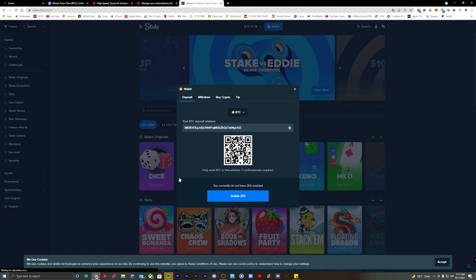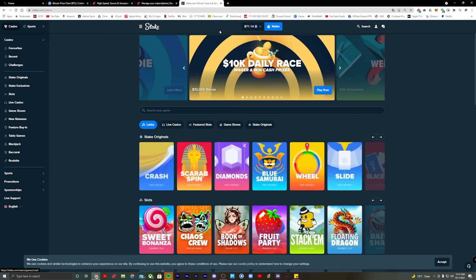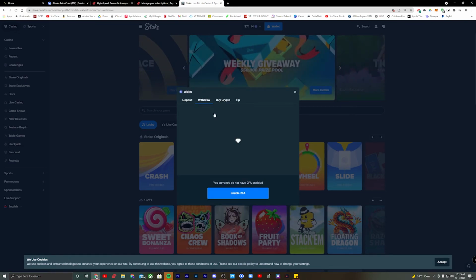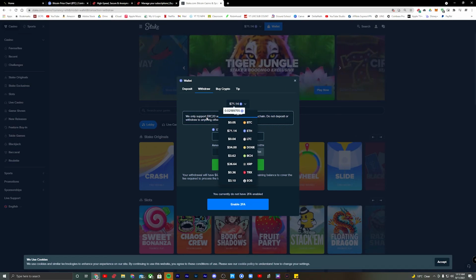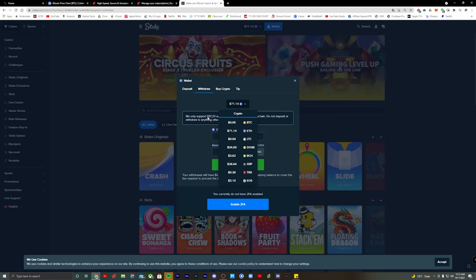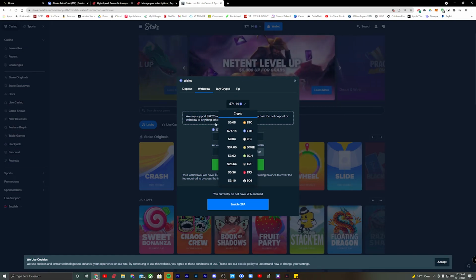But then once you start playing, you play a crash game, whatever it is, you start winning big, and then you want to cash out. Well, then you click that same blue wallet button right here. Click that withdraw tab. And of course, select the correct currency that you want to use. And if you're using Ethereum, you can't use Coinbase, at least for Stake, because they use the ERC20 network, and that does not work with Coinbase. So big no for Coinbase if Stake is using Ethereum. But Bitcoin right here,